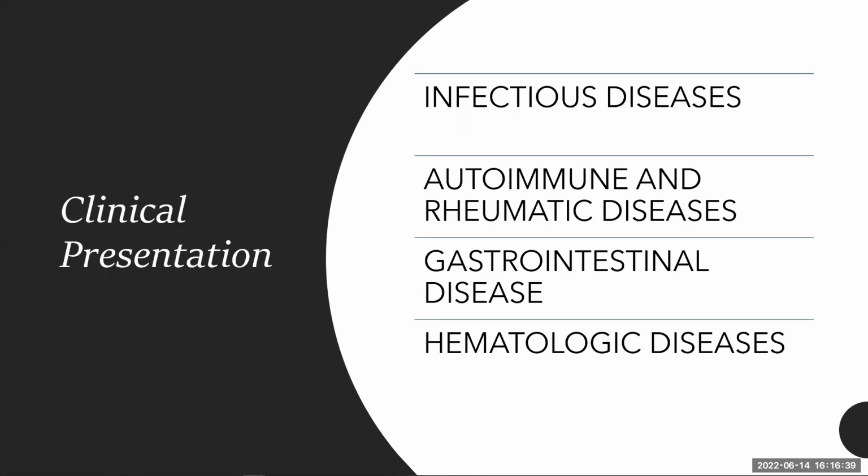So let's talk about the presentation. We mentioned the frequency. So how do they present? Some of the symptoms include getting frequent infections, so the presentation includes infectious diseases. Some of these infections include sinus infections, bronchitis, pneumonia, or ear infections. Thrush, which is a fungal infection of the mouth. This is another one that is common with infectious disease associated with it, and lots of sores associated with the mouth. Loss of appetite and weight.